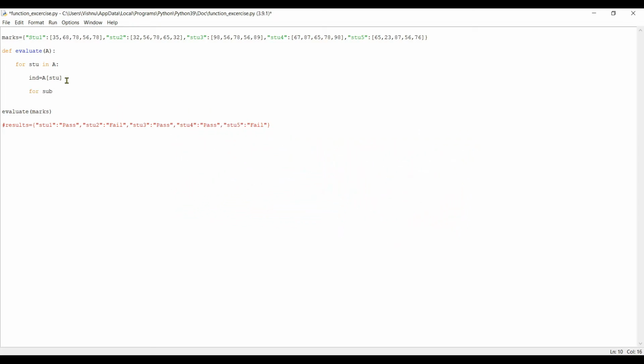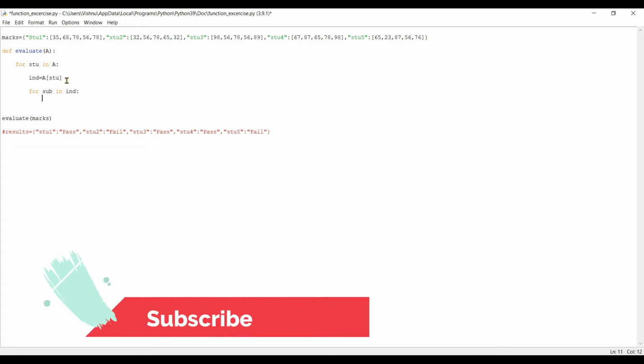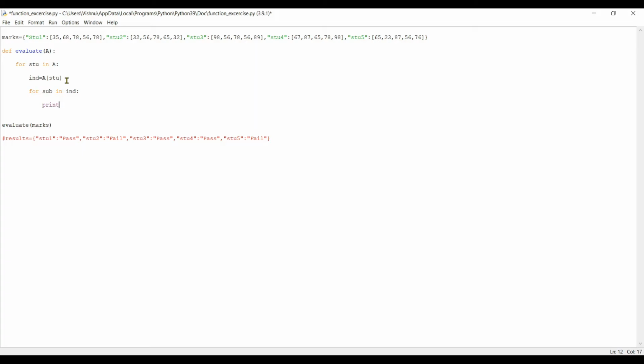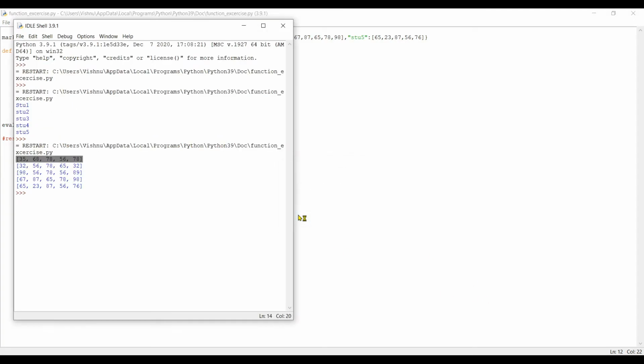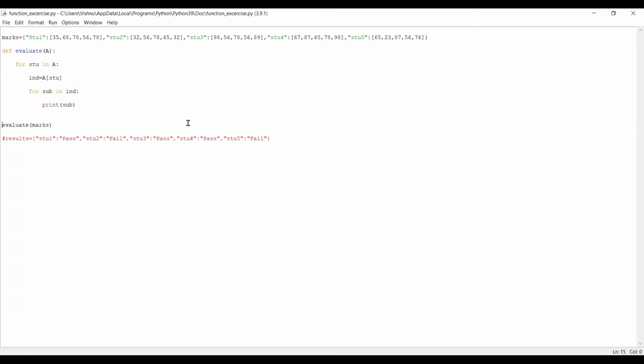For subject in individual. Now let's print it. Print subject. Now let's run it again. We are getting 35, 68, 78, which means we are getting each and every subject marks. That is what we want.